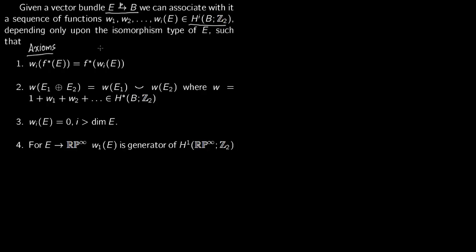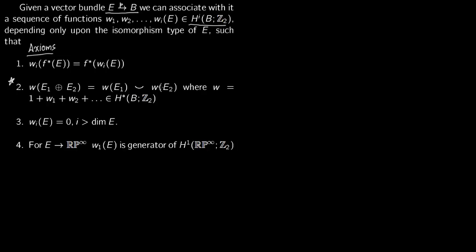So these axioms have been taken from Hatcher's book on vector bundles. So this Wi of a pullback is equal to taking the pullback of the class. So this pullback and these classes commute. Now this is a very important construction. You take the direct sum of vector bundles. This is nothing but the cup product of